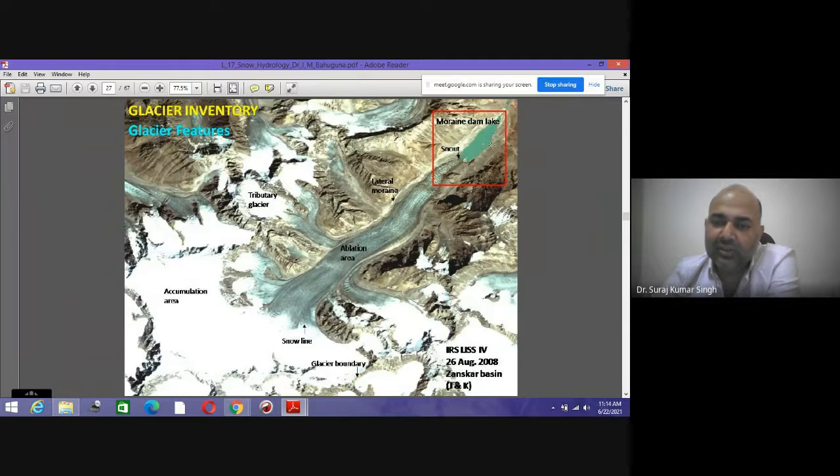Then in this area you will see that moraine dam lakes have been created. These are the moraine dam lakes. Then you have lateral moraines. Then the ablation zone is there. The snow line is there. The glacier boundary is there. Then the accumulation zone is there. Tributary glaciers are there. Lateral moraines are there. So these are all various terms that are associated with